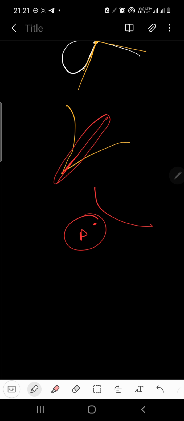How to find a node, cusp or isolated point? There is a very easy method: finding the tangent at that particular point. Generally speaking, during curve tracing, you will be finding the node or cusp at the origin. So first I am telling how to find the singular points at the origin, then I will move on to the general case. At the origin, what you do is find the tangent at the origin. This is the main thing.